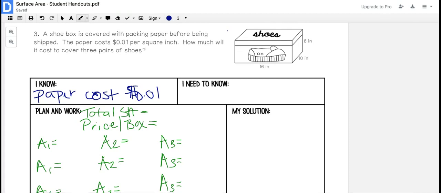And that is per inches squared. Okay. And then what do we need to know? So we knew that the paper cost 1 cent per square inch, and we need to know how much it will cost to cover 3 pairs of shoes. So in order to figure that out, we are going to use our shoebox, but we need to know how